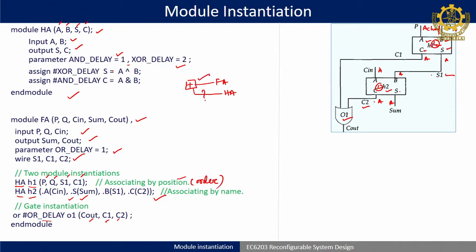This union of these two mostly happens due to these two lines. This is a summary from the tool perspective. If I remove these two lines, these will be different files, FA is different, HA is different. If I comment these two lines, these are different. If I write these two lines, it shows that inside full adder HA is called, so it becomes like HA is a subset of FA. So, do not be confused: these two lines are responsible for behaving like a top module and sub module. So, this is one example.